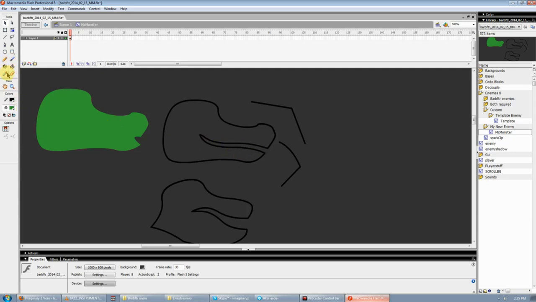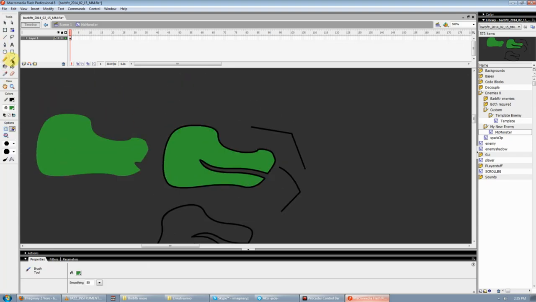You can do crazy stuff like this. So, I think I've covered all the basics for drawing simple shapes. If you were just to use the brush, say, which is B, this is if you have a tablet. If you've got a tablet, you can